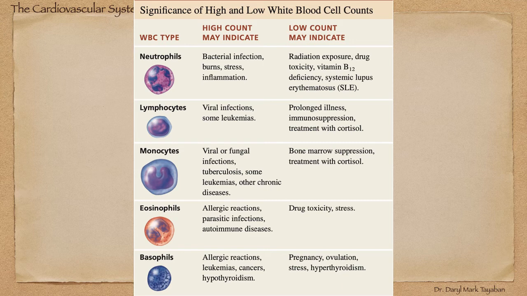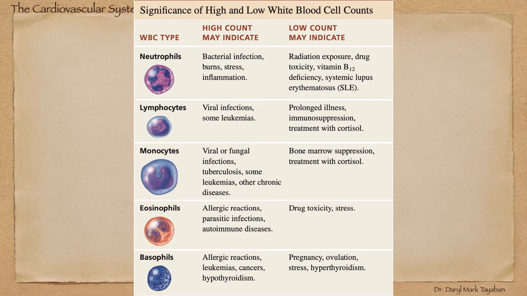I have my own ways of remembering, but it's green like eosinophils. But later I won't correlate that for now because it's very green. So now, for a low count, it indicates drug toxicity or maybe stress. Okay? And then, finally,